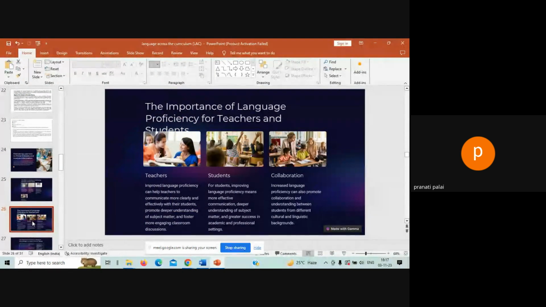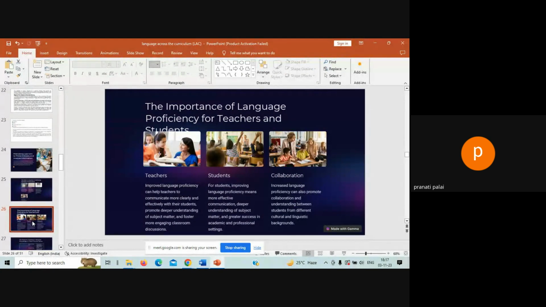The importance of language proficiency for teachers and students. For teachers, improved language proficiency can help teachers to communicate more clearly and effectively with their students, promote deeper understanding of subject matter, and foster more engaging classroom discussions. And for students, improving language proficiency means more effective communication, deeper understanding of subject matter, and greater success in academic